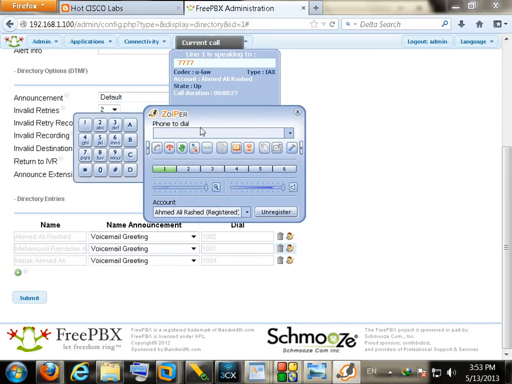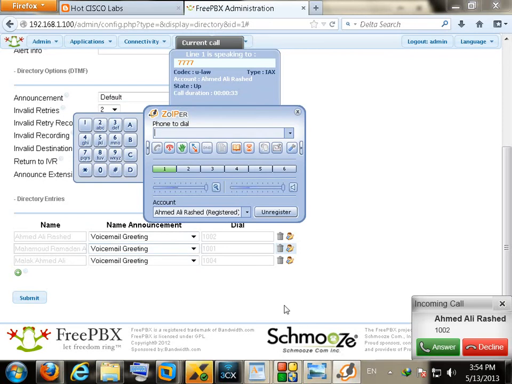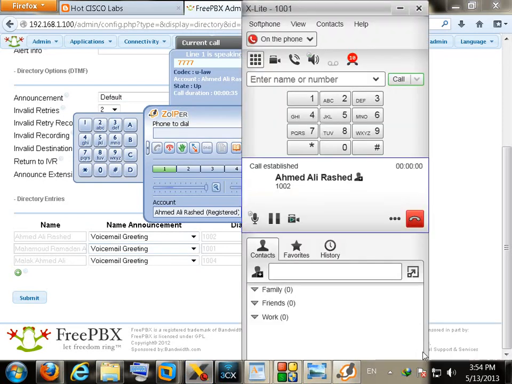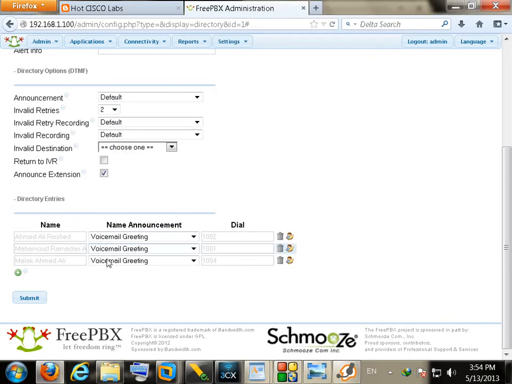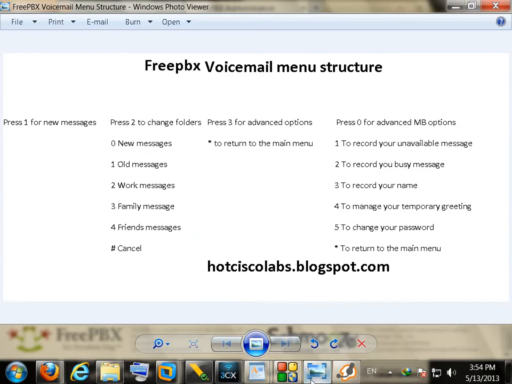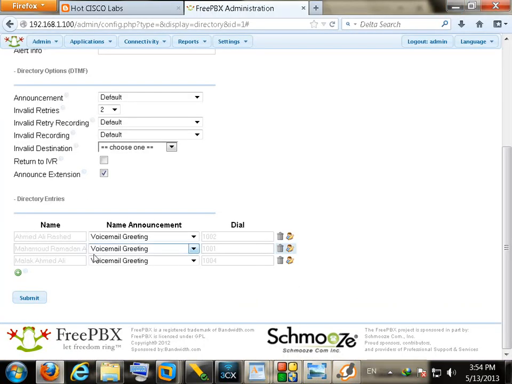See that it will play the name instead of spelling the name letter by letter, and now we are connected to the destination. So it will use, I don't like to say the voicemail greeting, it will use this setting here, the record your name setting, to play the recorded name if there is a match for any username before. And that's how you can